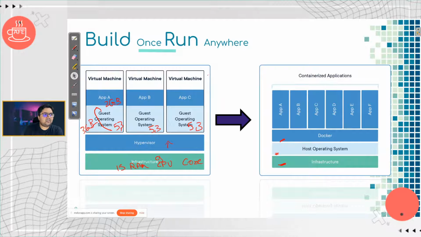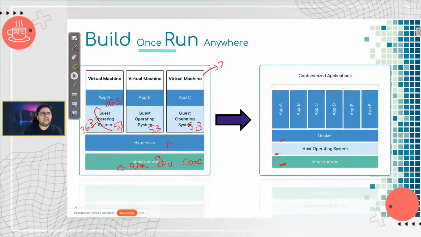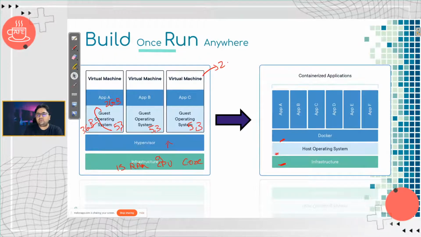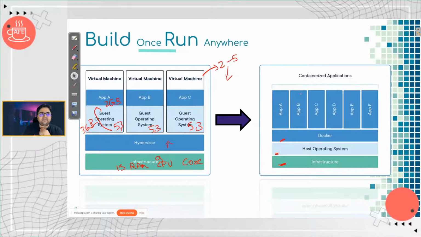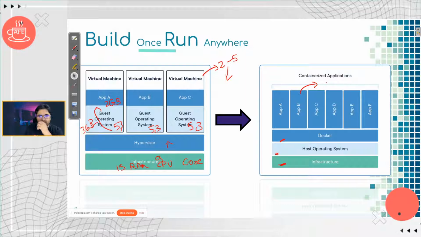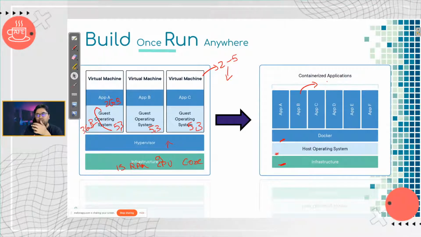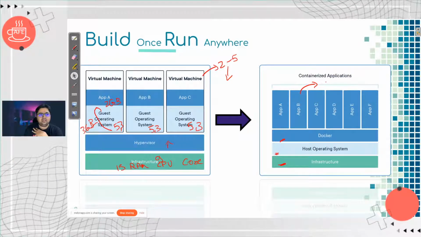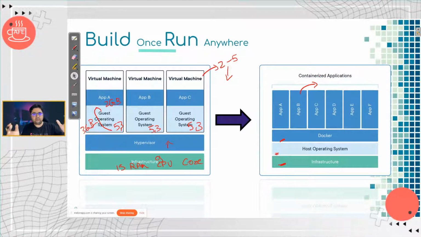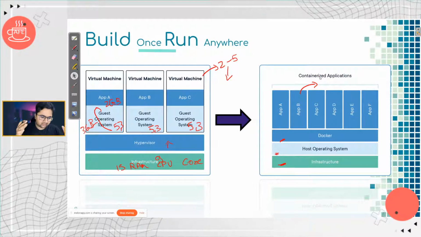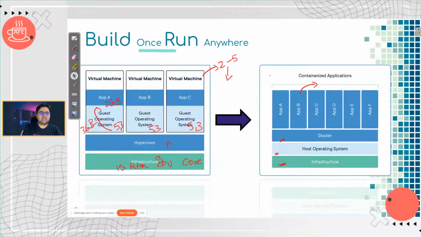Typically, if you think about the run times, our VM could take anywhere between maybe 2 minutes to 5 minutes. It could even be more than that. But containers can typically be spun up very fast if you have used lightweight containers. Again, this does not apply to heavy containers. Like if you use Ubuntu as a base and your whole container size itself is 10 GB, then that's not a good practice.